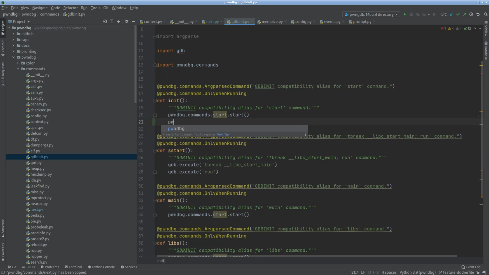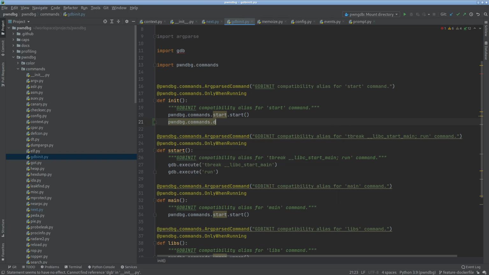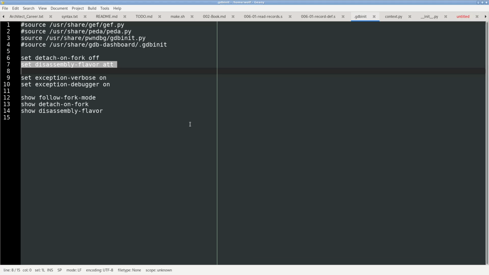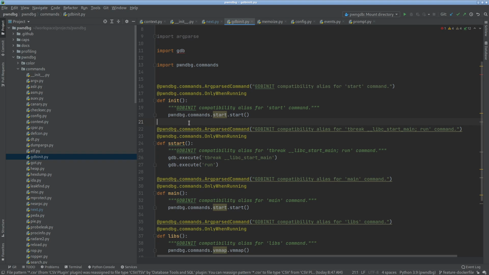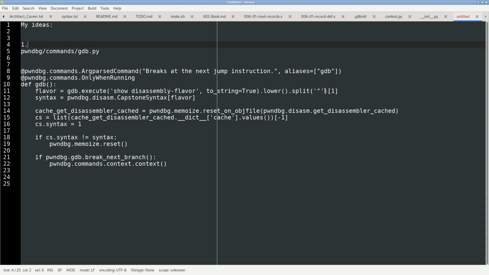do like the PWNDBG GDB flavor. I don't know, something like that. But well, okay, this is the second. Basically, the first was